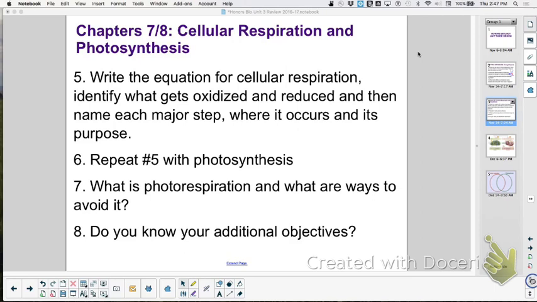Then you take some ATP and some reduced NADP to the dark reaction, or the Calvin cycle, or the light-independent reaction. 3C5 plus 3C1 mix. 3C6 break down to 6C3. Use some ATP, use some reduced NADP on your 6C3. Take 1 away, PGAL, G3P, and you're left